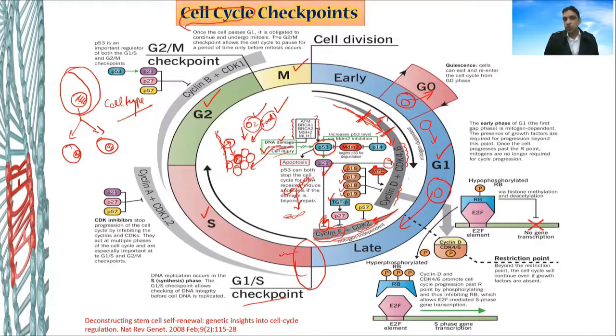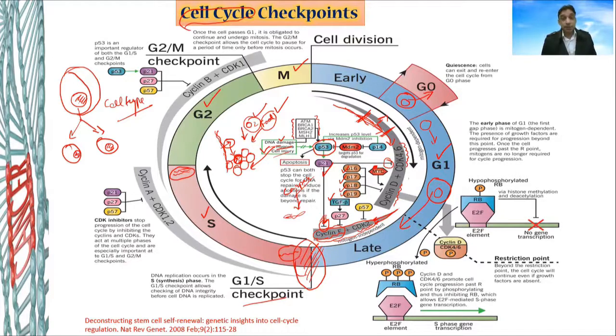So if there is one chromosome at the start, at the end of this phase we will have two chromosomes. The genetic material present within the cell is duplicated during that phase. And that is a very strong commitment to go for the cell division. It's a very strong commitment. So the cell must verify everything, that everything is nice and fine, everything is set, the food is enough, there is a need for the cell division, no trouble within the cellular machinery. Then the cell can commit to go for the replication of DNA.